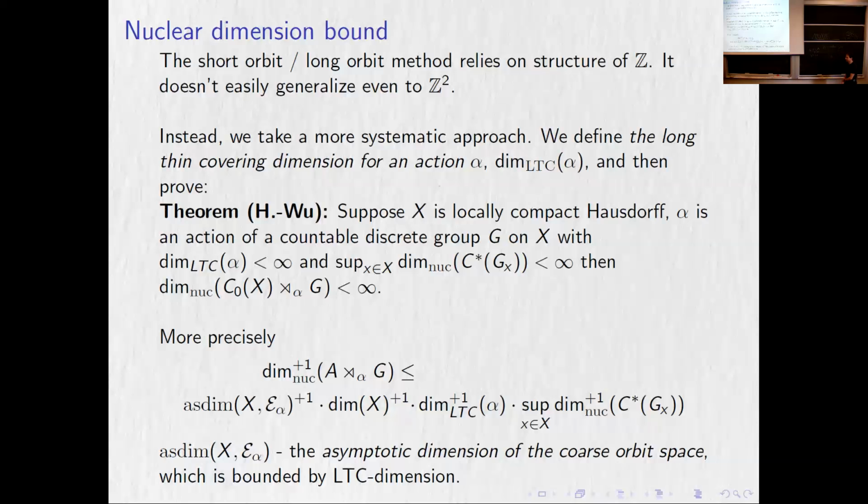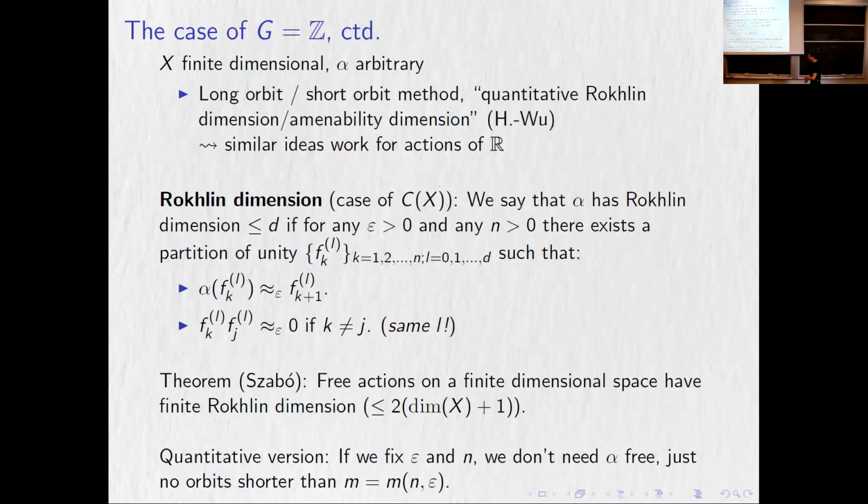Let me finish describing this method before I move on. The idea is this: we take our space, and I want to do constructive approximations for a given finite set F to a given epsilon. I figure out what length of orbits I need to exclude. I need Rokhlin dimension with towers of length at least a given n, to within a given tolerance.